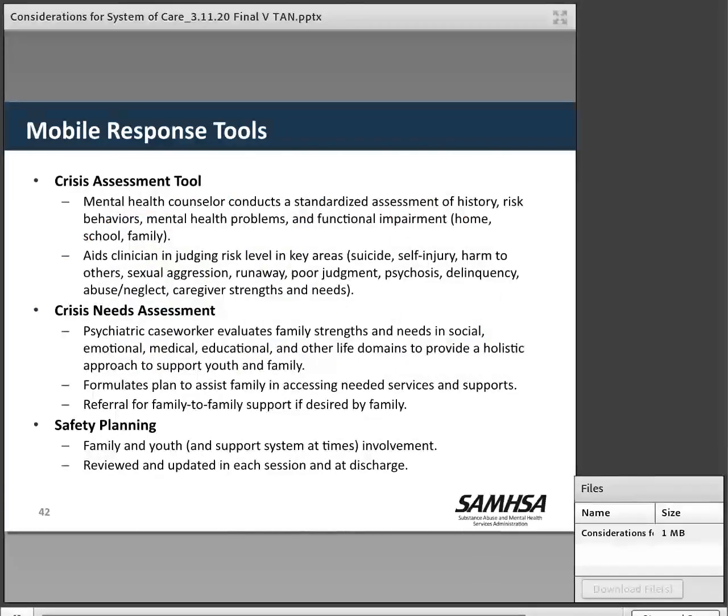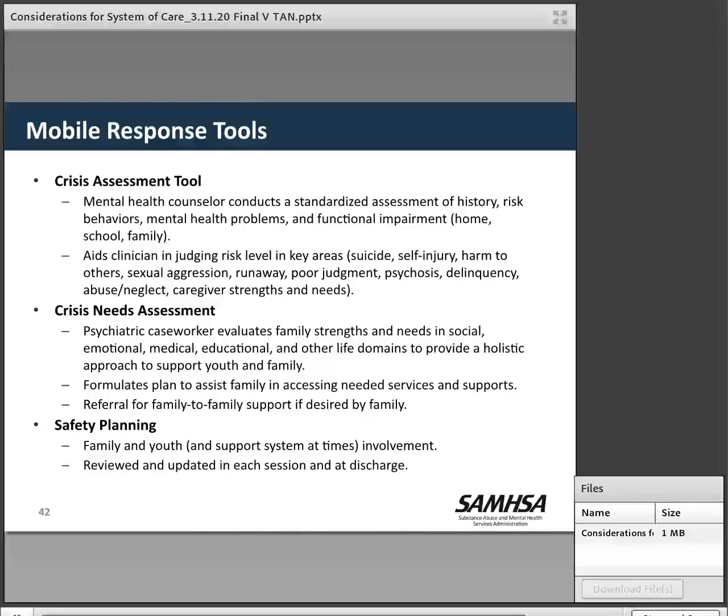So at the end of every response, we complete a safety plan. In that safety plan, we really are looking at what some of the triggers are for this youth, so that everybody involved with this youth will know what the triggers are, and what things they can do themselves and that their support system can do to help when they are feeling triggered or when they feel like they need additional support. We list phone numbers, we list activities, and we provide this to every youth regardless of